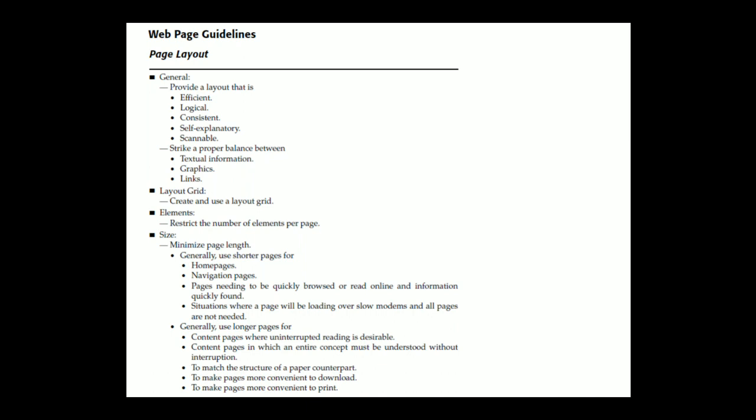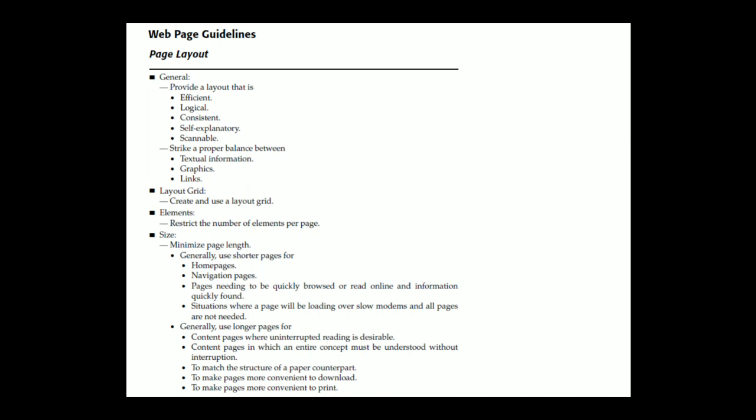First one, efficiency. A page will be more powerful if more is said with less. Every element of the design must support the goal of the message being presented. Always try to eliminate all superfluous elements. Avoid clutter that prevents people from finding what they want. Exercise extreme care in using decorative elements.